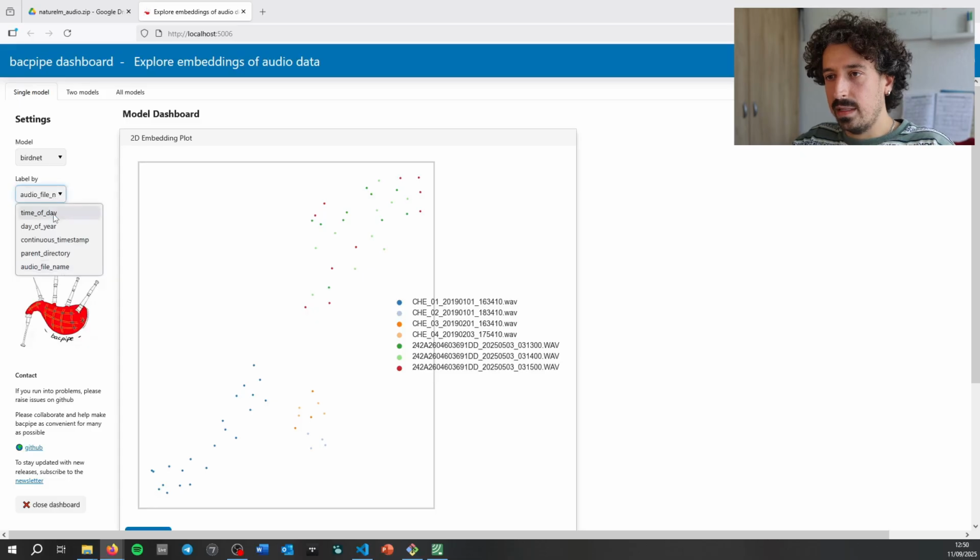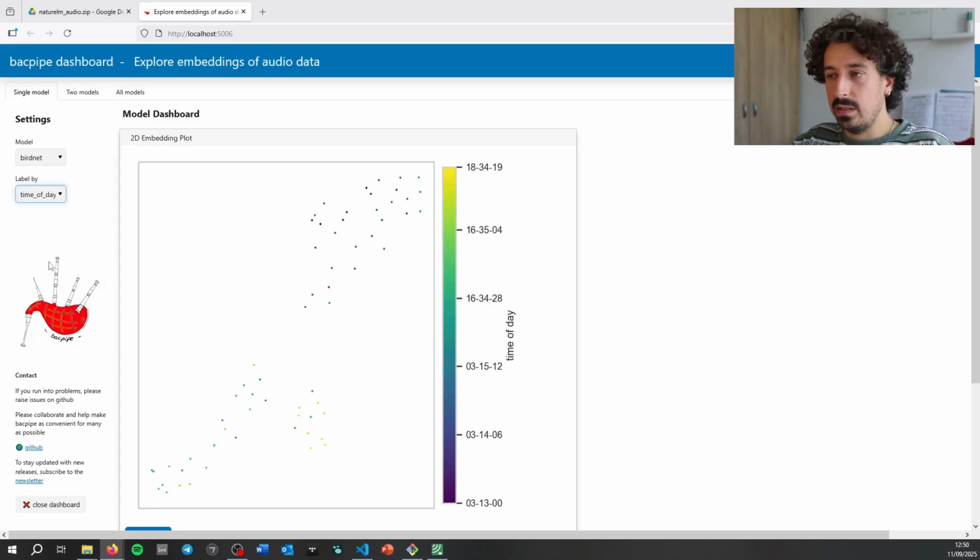Now, the idea behind this is that let's say you have a massive deployment, doing your recordings over 4 months or something, and you want to see diurnal patterns, for example. Now, all of these dots here, maybe I need to say that each dot corresponds to one audio context window, as we call it in machine learning. A context window is the window that is used to generate an embedding. So an embedding is just the model's